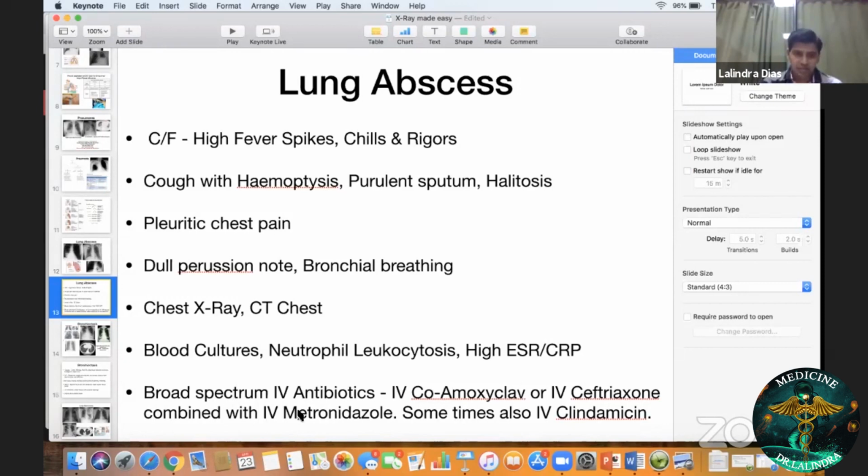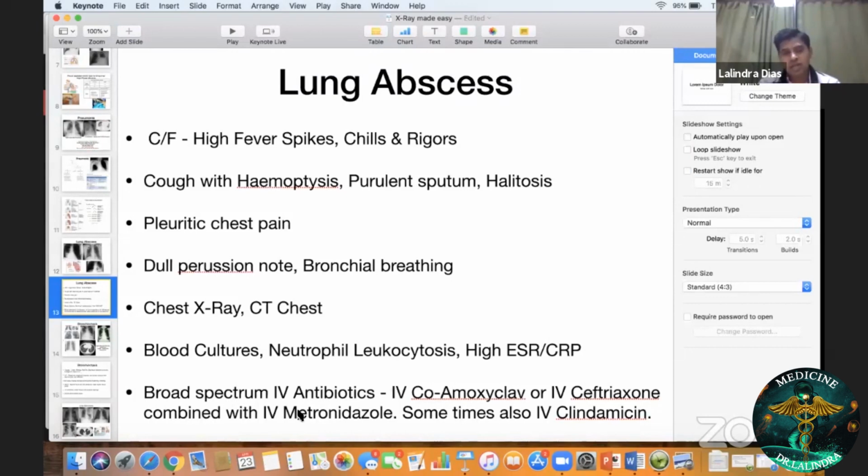Right. So how do you treat lung abscesses? Again, with broad spectrum antibiotics for a minimum of 2 weeks. So what are these IV antibiotic combinations? As I told you before, you can go for different combinations. You can go for something like IV co-amoxiclav or IV ceftriaxone combined with IV,